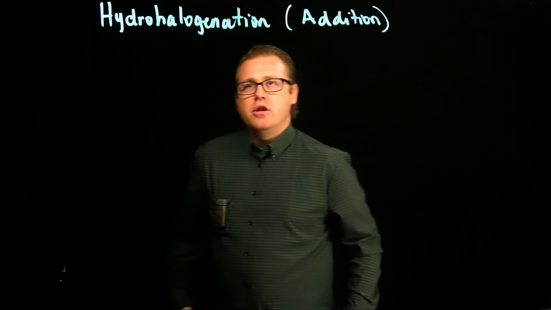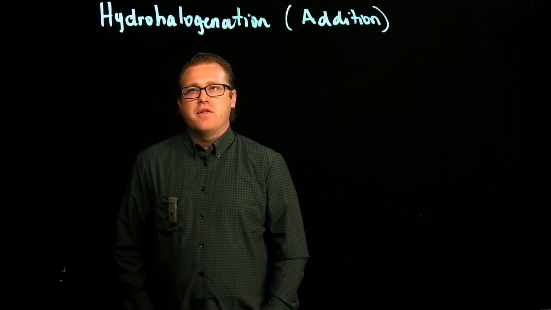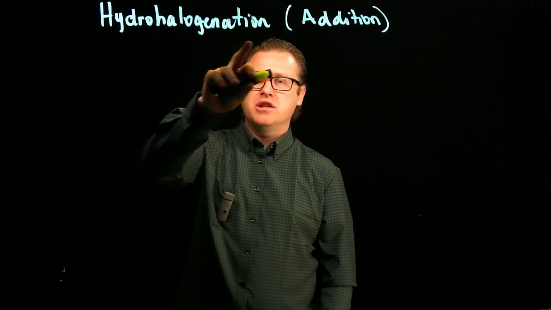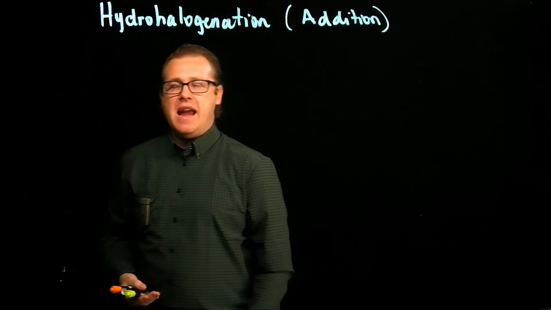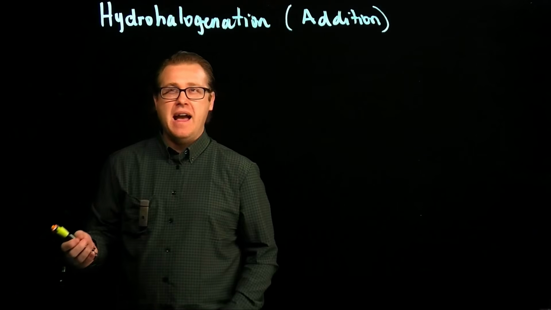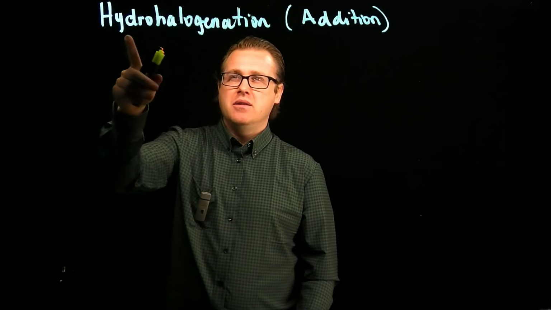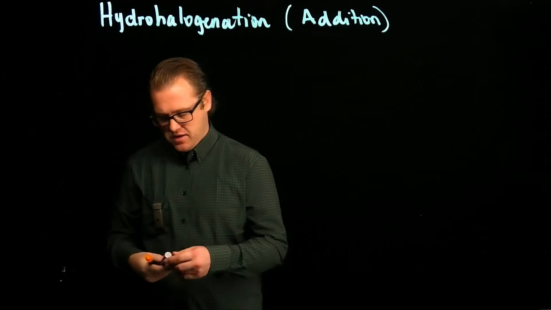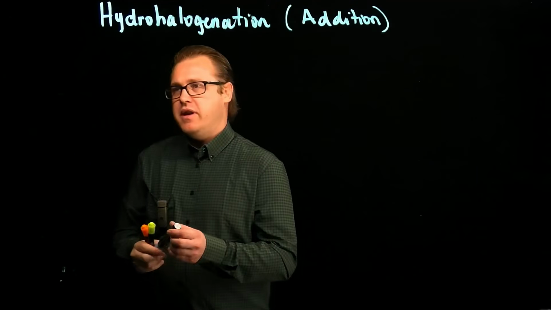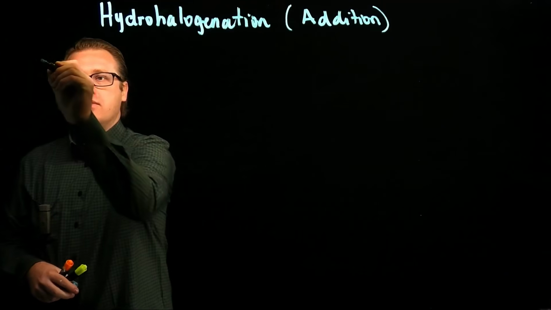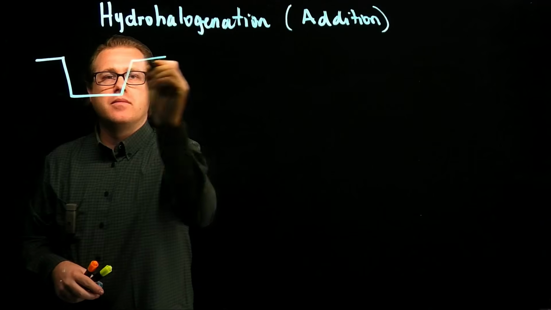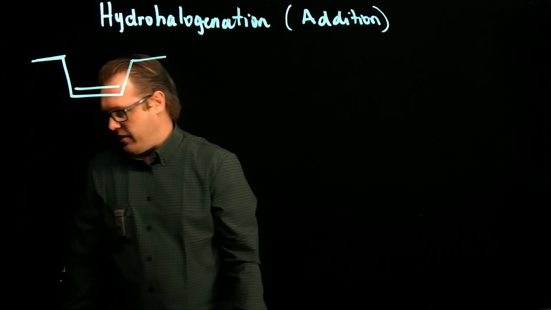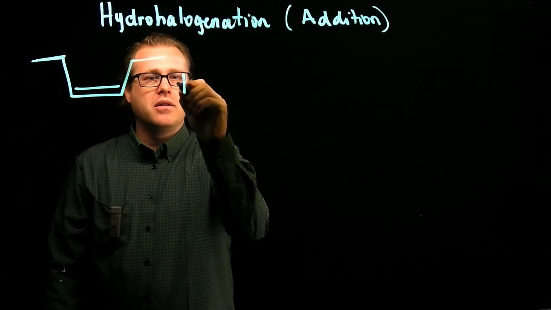Now let's take a look at our first addition reaction, which has a name, hydrohalogenation. And within the name, it kind of gives you a hint of what's going to happen. Hydro, we have a hydrogen, and halogenation, we know what the halogens are. So if we take an alkene that looks like this, and we treat it with HBr,